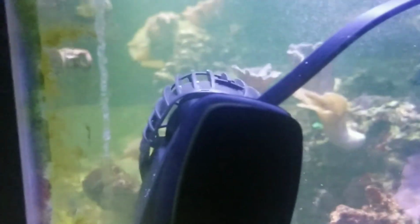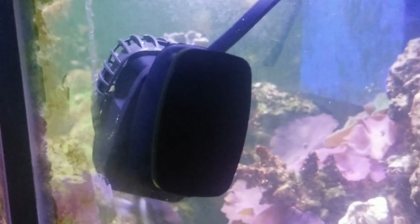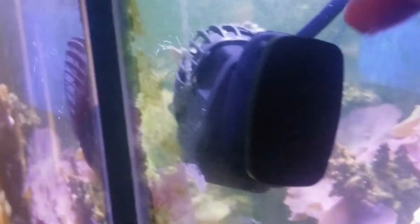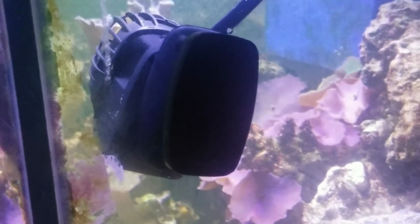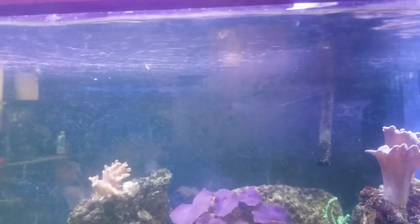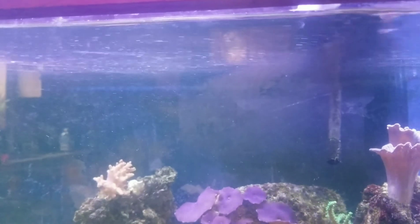I have it connected. Let me give you a back view. Oh yeah, better view of me not cleaning the glass, I should say. But very small profile. The magnet is really strong, and it doesn't obstruct my view from the side. The gyre really had a big footprint. It was about a 12-inch circulating pump. So I like the fact I have a less obstructed view, and look at the circulation at the middle point